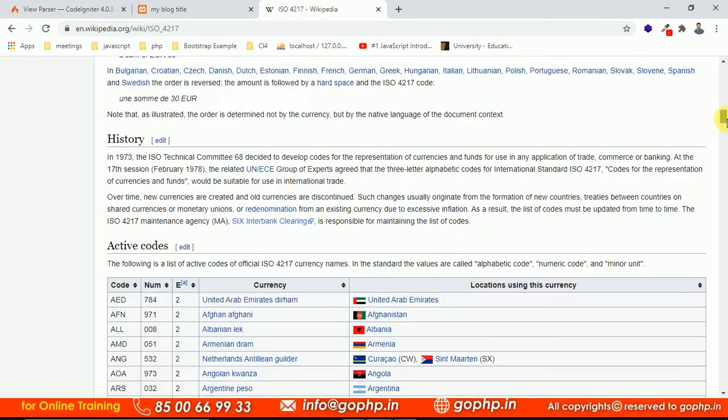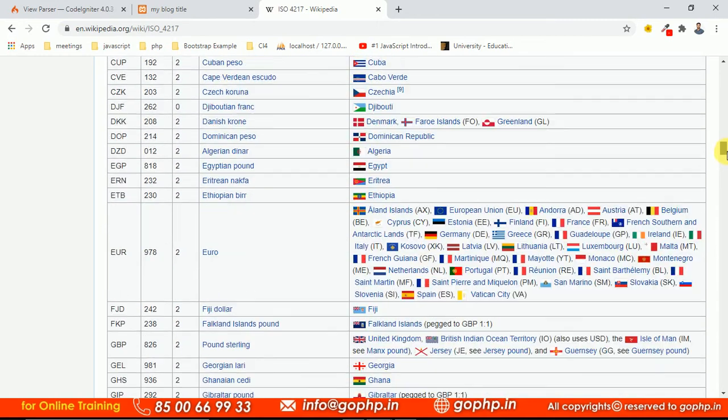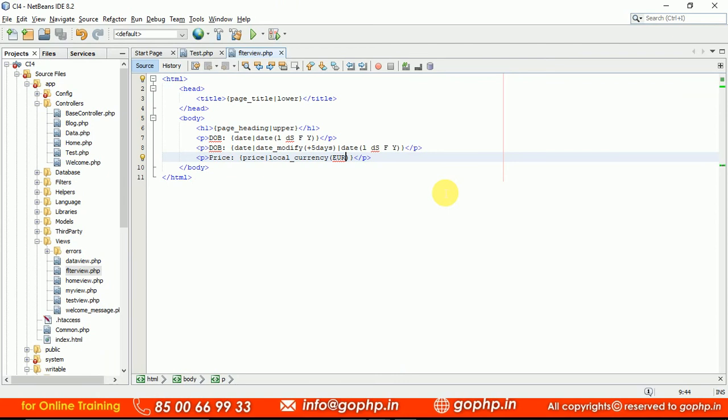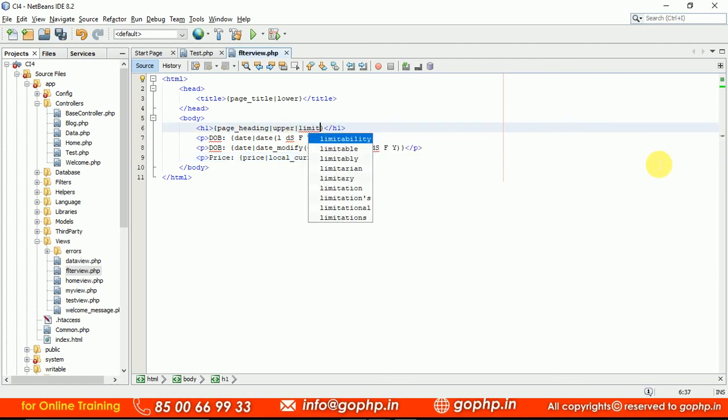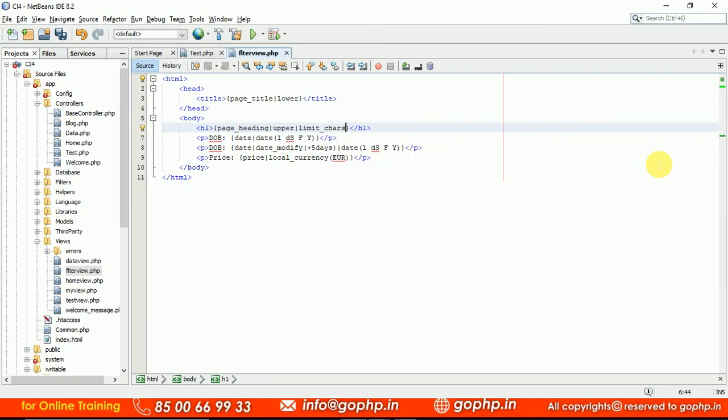So we have to find them. These are some of the codes here. Please go and find them so that it is easy for us, right? This is how we can apply the filters on our input variable. Not only these, we have a lot. For example, here we are displaying this filter, right? Let us go here. I have one more thing called limit_chars, I believe. This is limit chars. Let me go with 10 or 5. I'm just going with 5.